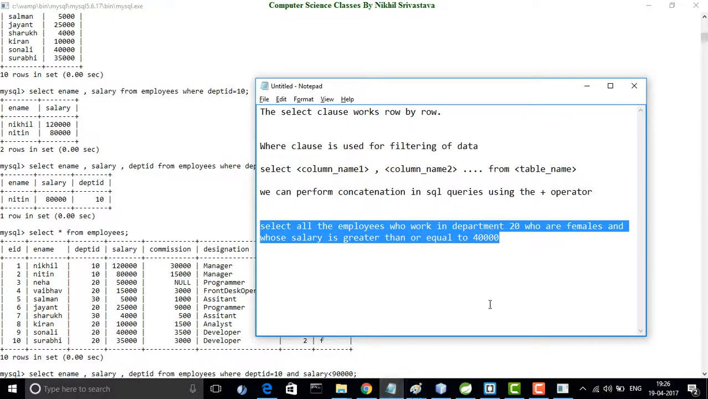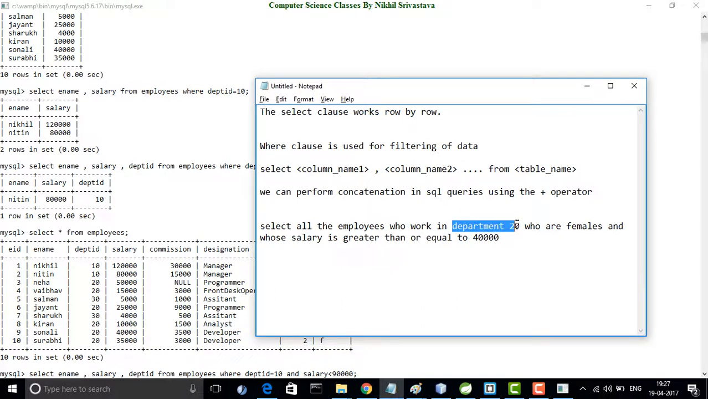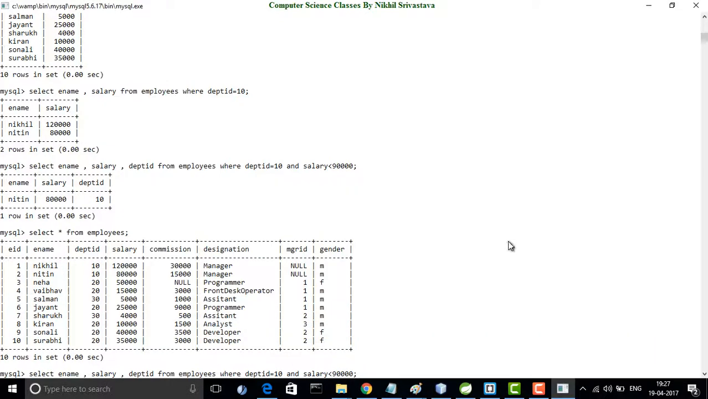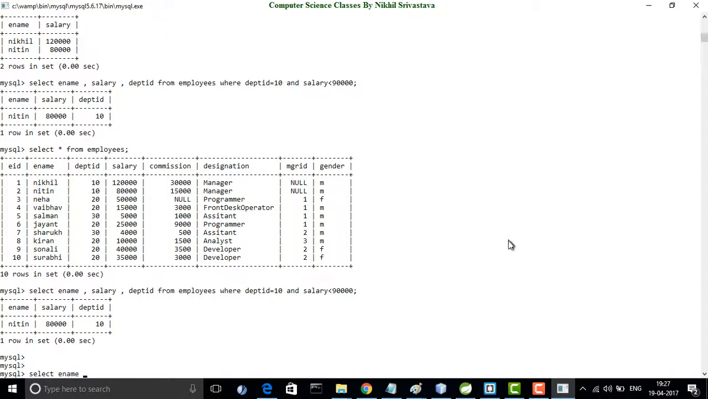So here there are three conditions. What are the three conditions? They have to work in department number 20, they have to be females, and their salary must be greater than or equal to 40,000. So I will use the and operator in this case. I want the name, the salary, the department ID from the employees table where department ID is equal to 20 and gender equal to F and salary is greater than, we have seen greater than, but now we will use greater than or equal to